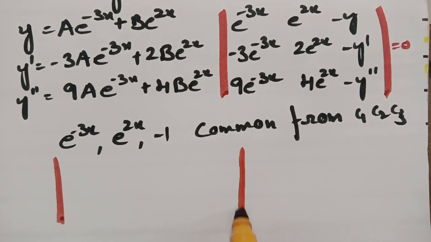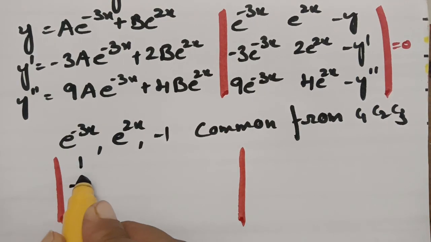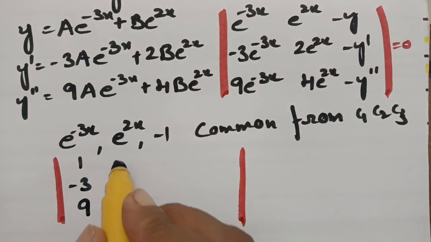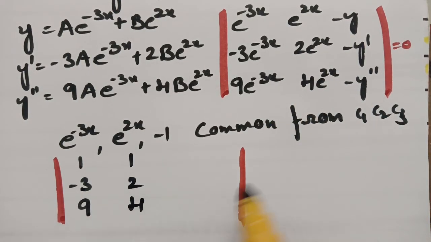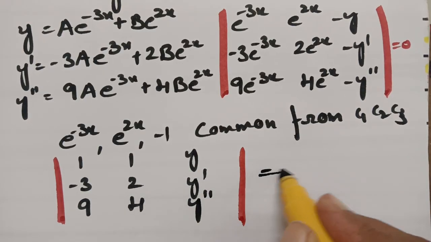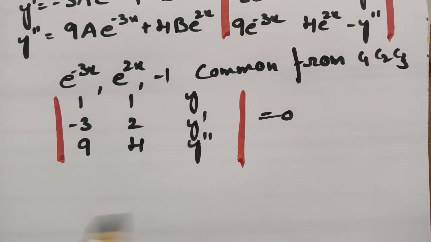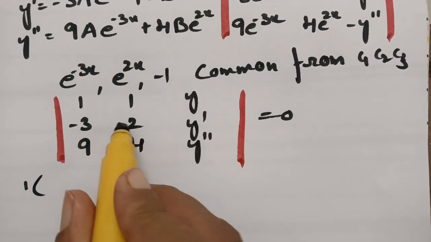So the determinant value is going to be: this is 1, this is minus 3 and this is plus 9, and this is 1, 2 and 4, and here this is y dash, and this is y double dash, and the value is equal to 0. And now we have to find the determinant, that is 1 times of, this is 1 into